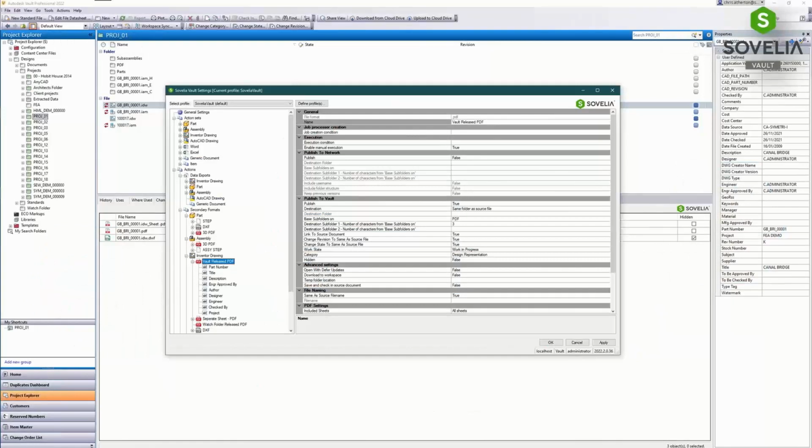So what you're seeing here on the screen right now is just a screenshot. In the background, we have Autodesk Vault, which I hope you're all quite familiar with. And in the foreground, we have the Sovelia Vault configuration tool, which I'll go through live in a moment. But just to give you your first glance at it, the administrators will be able to use this. As part of a Sovelia implementation, we will train users to use this application, but we'll also still support them as well. So if you have a requirement and you just can't figure out how to build that requirement within this